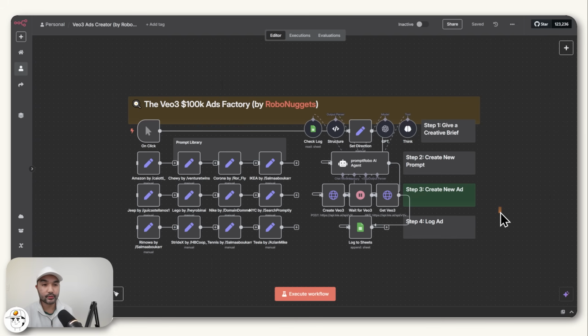immediately. And in case this looks intimidating, don't worry, because this tool is actually all no code, and in fact the actual workflow is just this one, so it's much simpler than it looks. I just included the whole prompt library here so that you can swap out those prompts as well depending on